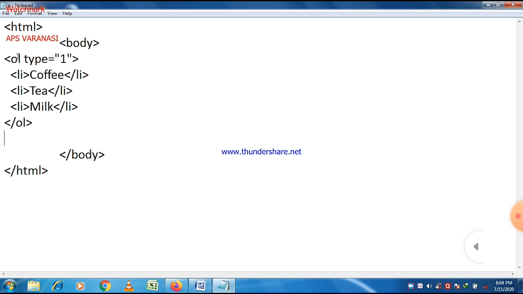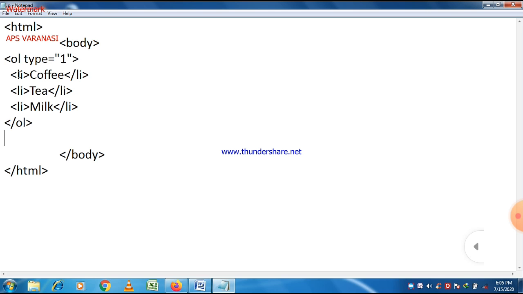It is very important as far as a web page is concerned, because when you create a web page and want to put up a list, it is only possible using list tags. And there are different types of list here: ol for ordered list, ul for unordered list, and for description list, dl is used for that purpose, which will be discussed later on.